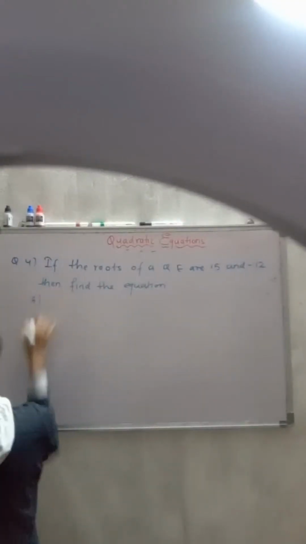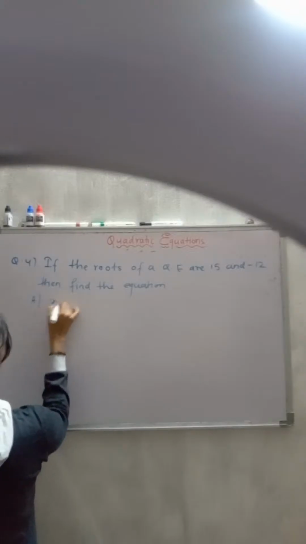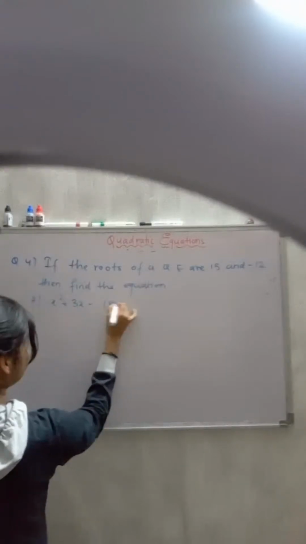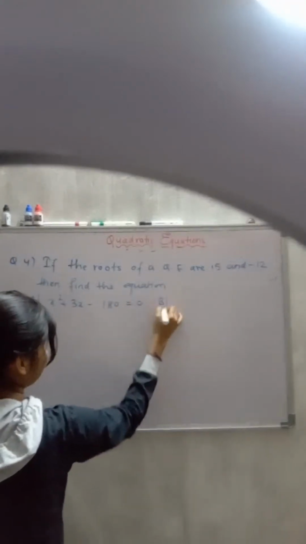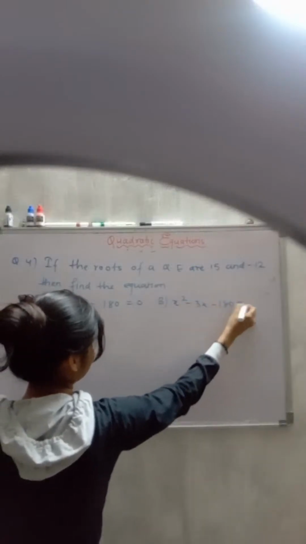And the options are A x square plus 3x minus 180 equal to 0; B x square minus 3x minus 180 equal to 0;